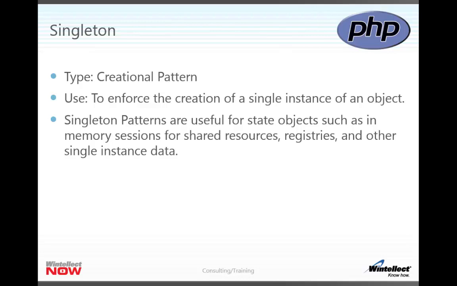Now, people sometimes create singletons or misuse them in their applications for creating things like management objects, or God objects that they don't want to create over and over again, that have access to everything under the sun. That's probably an anti-pattern and probably a misuse of the singleton pattern. Because of that, the singleton pattern has gotten a bad rap among many software developers, and they actually kind of despise it. But there really is a good use for it, and that's single instance data.